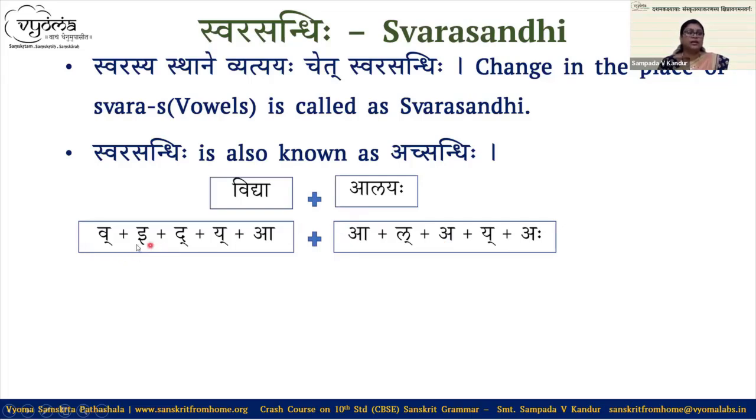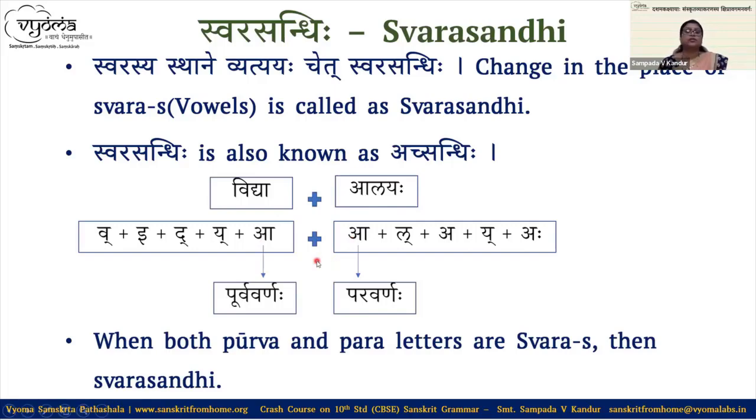No, it's not like that. It is never like that. That's why you should understand the joining point. The last and first only. So Vidya plus A plus Layah. So where the sandhi happens? Last swara of Vidya is A and first swara of Alayah is A. So A plus A happens and the resultant is